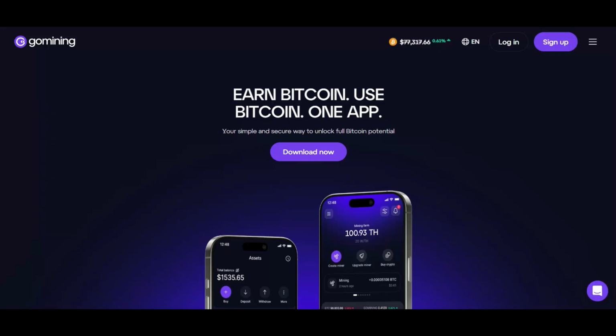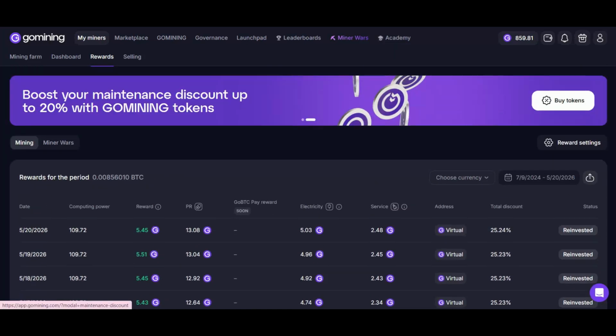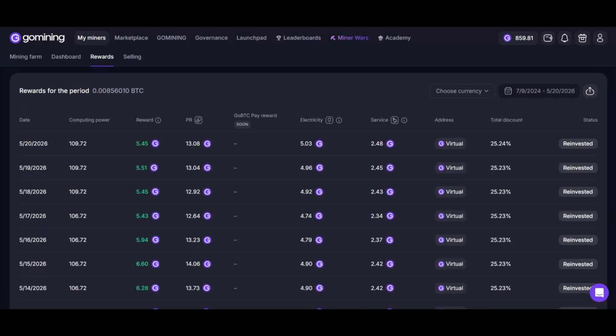So, let's check this out inside our accounts. All you have to do is go to the rewards section, and then you'll see the historical record of all the rewards that you've received on a daily basis. For this one, the total pool reward would be 13.08 for May 2026, but this is not the net reward that you will be getting, because this amount will be deducted with the charges